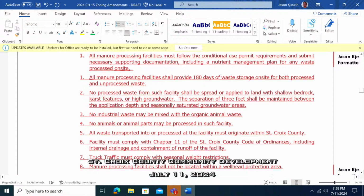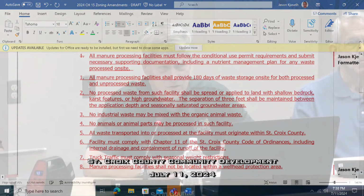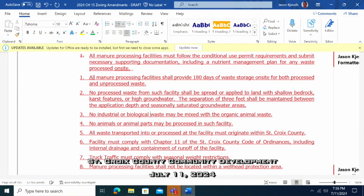Traffic must comply with seasonal weight restrictions. Manure processing facilities shall not be located within a wellhead protection area. Might add in with number 3 in the industrial, no industrial or biological, so you don't have hospital waste. In the last work session, we talked about that, but any of the biopower facilities, according to the state statute, is biological waste, but we need an actual definition of what is included in biological waste, because the state doesn't do a great job at it. And if we don't define it, then